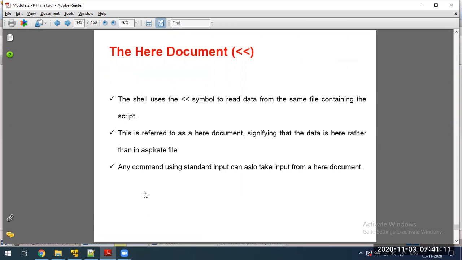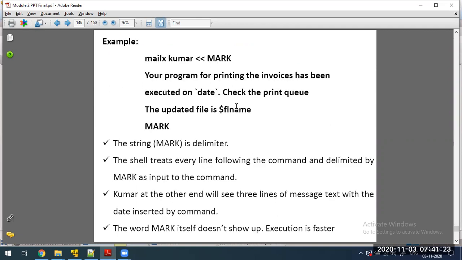The next is this symbol. See this symbol, what you are seeing here, this is actually not a redirection operator. What this symbol is going to do is, take for example, there is an application for sending a mail.